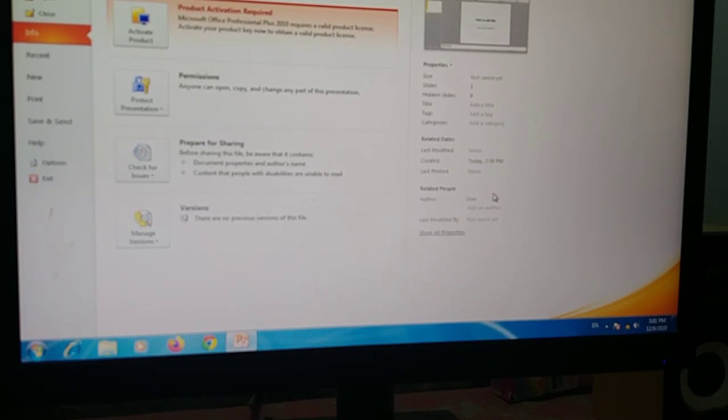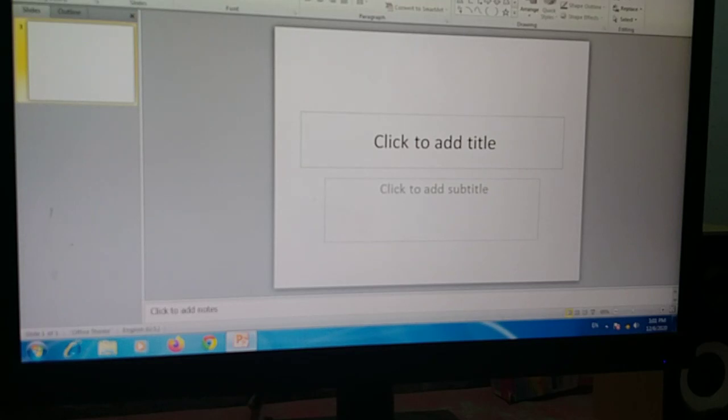Now slide tab, all the slides are displayed in a small view. These all are slides. Okay, this is your slide. All the slides are displayed in a small view. No title means I have written nothing here, so it is showing here no title. Outline tab, the outline tab shows only the text written in a slide. If I have written any text here where it is written, click to add, then it is your outline tab.